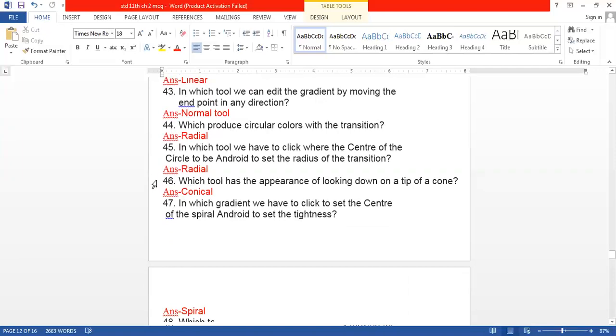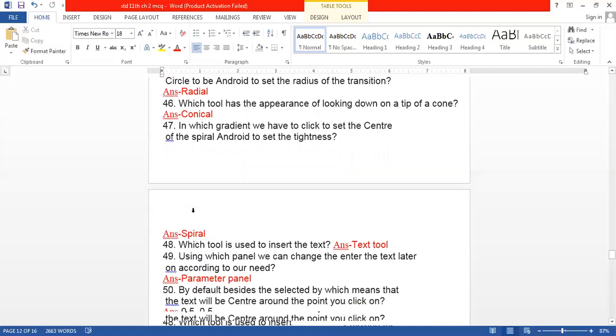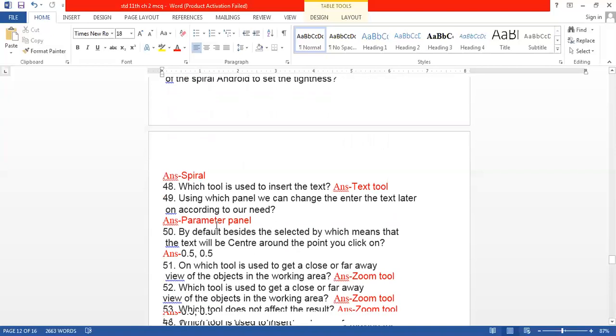The answer is radial. Number 46. Which gradient has the appearance of looking down on the top of a cone? The answer is conical. Number 47. In which gradient do we click to set the center of the spiral and drag to set the tightness? The answer is spiral.